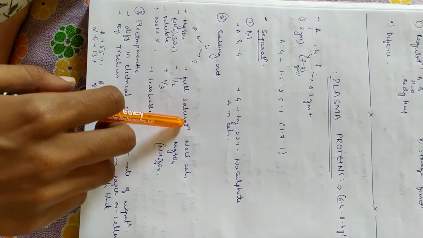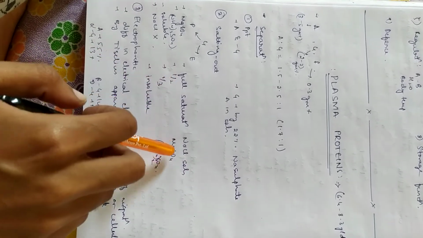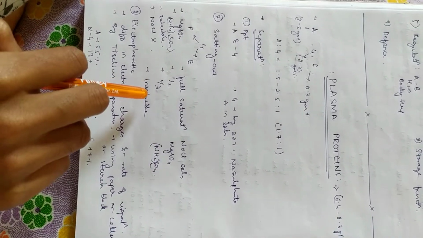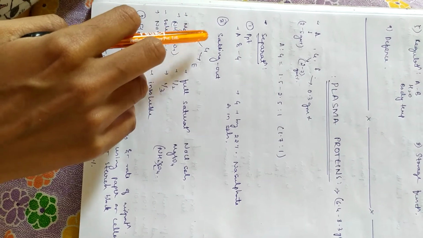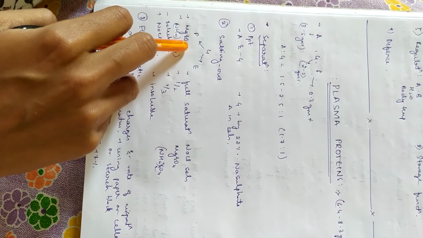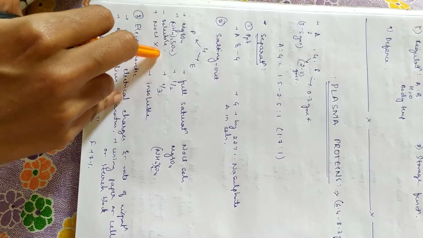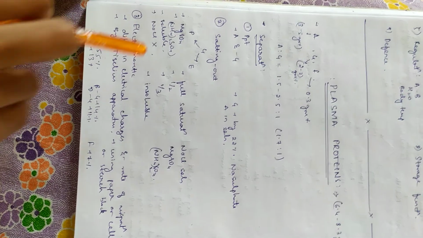Euglobulin can be fully saturated with NaCl solution, half saturation with magnesium sulfate, 1/3 by ammonium sulfate, and it is insoluble in water. While coming to the pseudoglobulin, it can be fully saturated with magnesium sulfate, half by ammonium sulfate. It is soluble in water and cannot be salted out with NaCl solution.